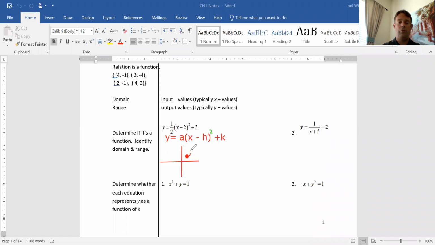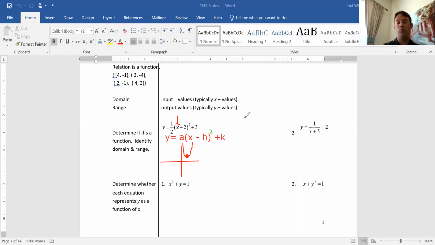And again, you guys dealt with parabolas and parent functions the last 2 years. You graphed parabolas the last 2 years. Parent functions just 1 year. But we can figure out what this graph looks like and then go from there to see that it passes the vertical line test. Now that being said, we can still tell just by the function. If I plug a value in for this x value, so any number, if I plug a value in for that x value,